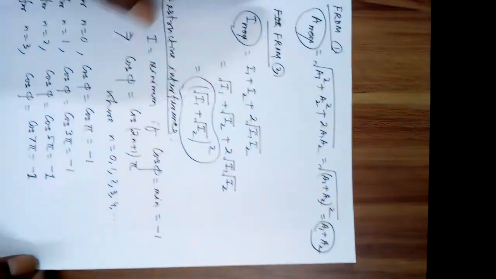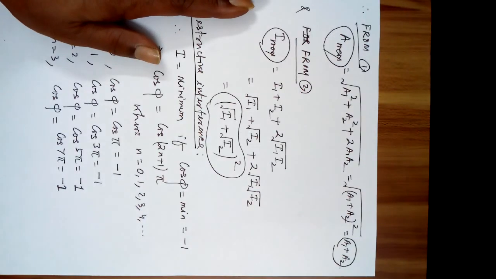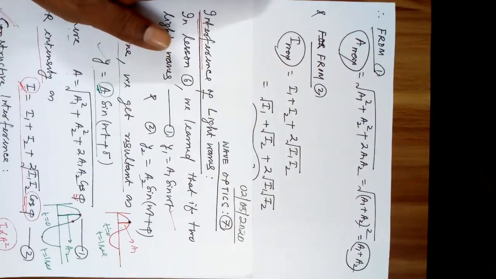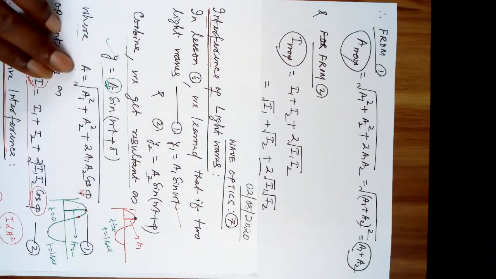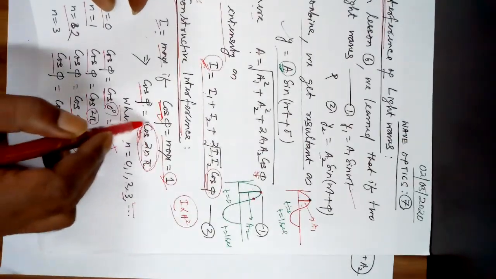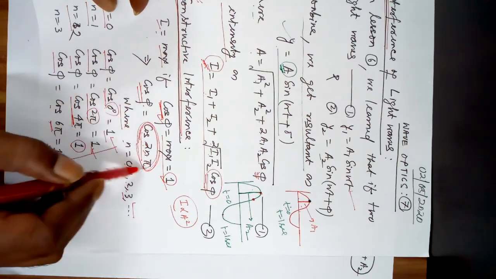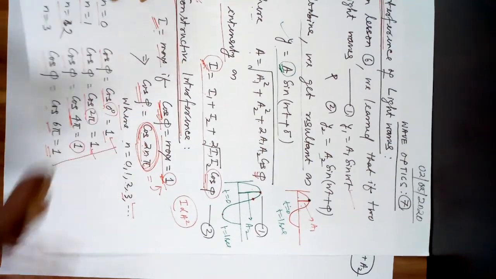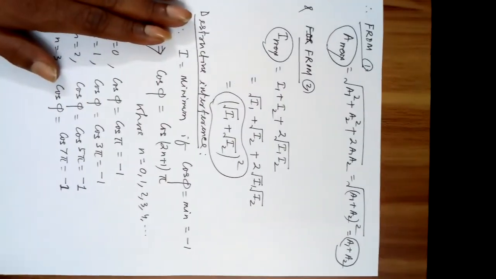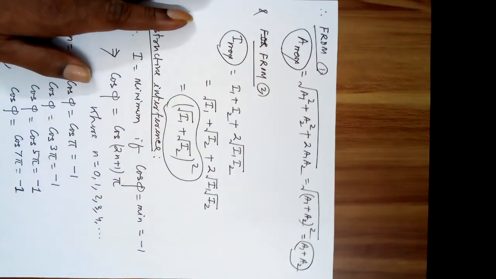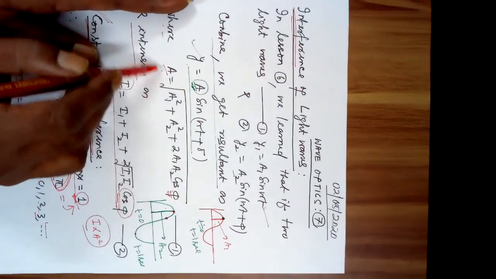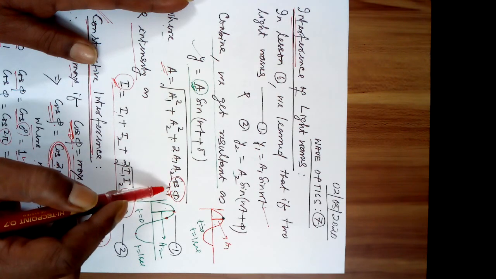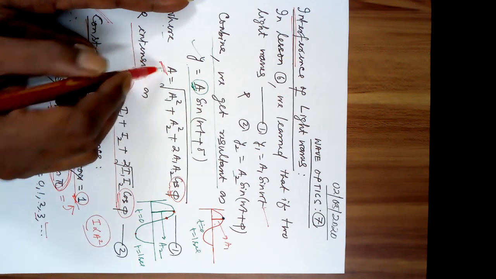Now let us go to, so I is equal to maximum under that condition. So let us see under that condition what will be the value of A. Now under this condition, when this becomes 1, cos phi becomes 1, then I is equal to maximum. Now we know therefore A maximum. Now look here, so if cos phi this becomes 1 under this condition, then this will be maximum.